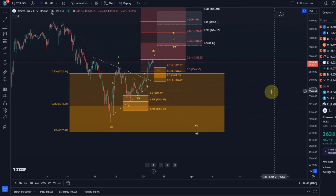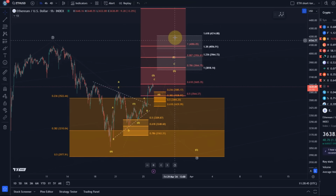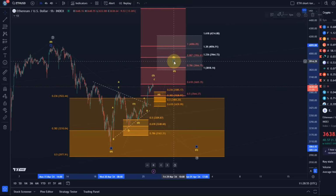And the thing is, ideally this B wave goes high, okay? Ideally the B wave goes high, and in the B wave we have an ABC structure. And why is it important that the B wave goes high? Because the A wave came down very, very deep into support, very deep. And to maintain the overall bullish perspective, let's say directly bullish perspective on the ETH chart, really this